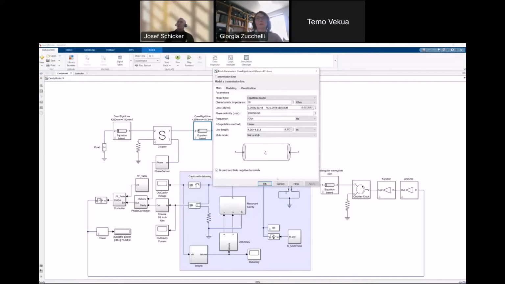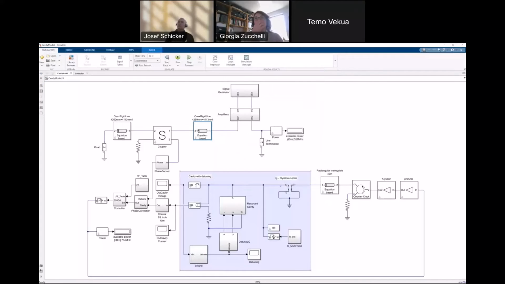So we have a physical model. We could have S parameters here, just like we have seen before. In this case, these are all big RF components. These are big pieces of metal, big waveguides. But if you work with lower power, it could be a PCB, a transmission line, a coaxial, or whatever.